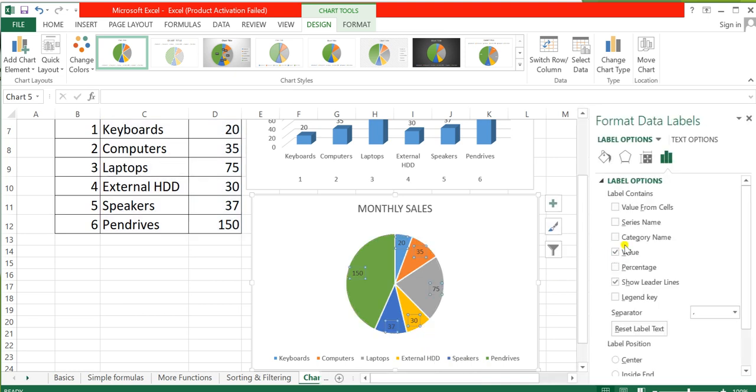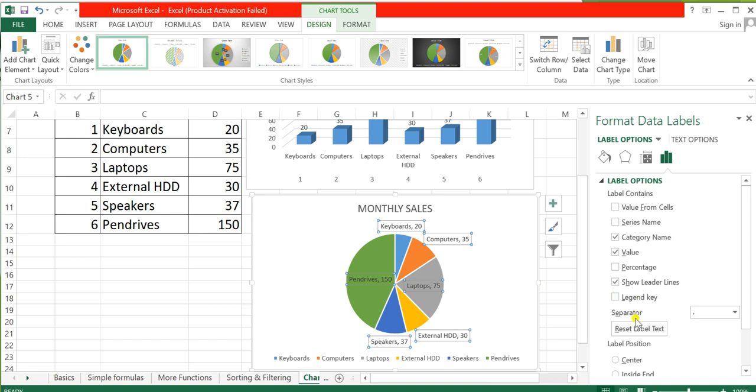Then you get the different label options. First you have to click on category name. Now you can see the categories and also the amount displayed, like computers, 35.